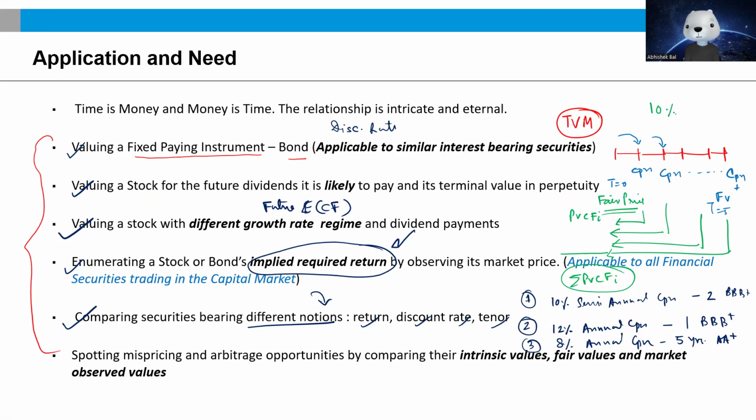So if we have to do such an apple to apple comparison, or should I say apple to oranges comparison, of course you would know that time value of money is going to play a very big role in that. All right. So the last but not the least is that time value of money also helps us in spotting